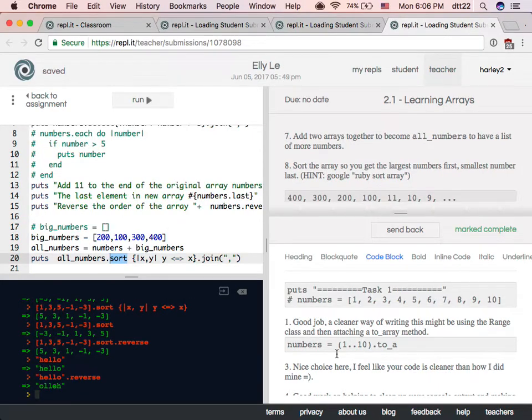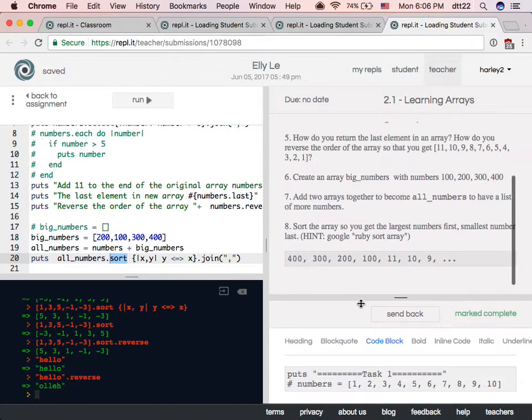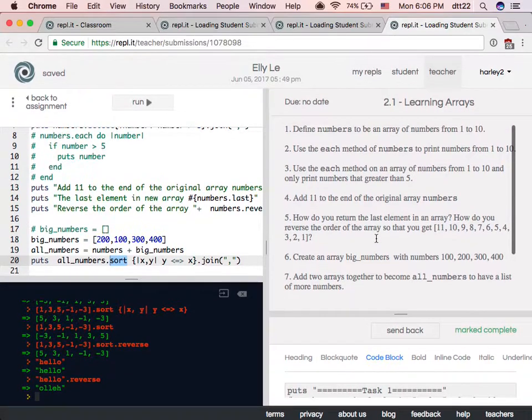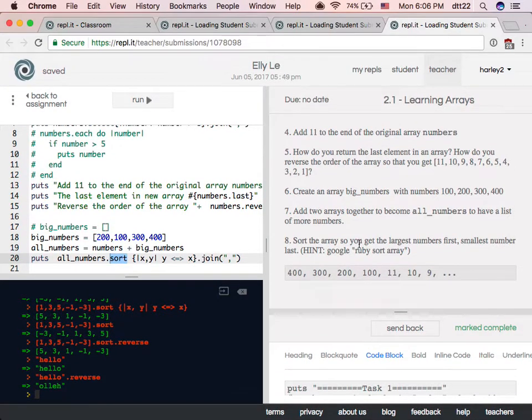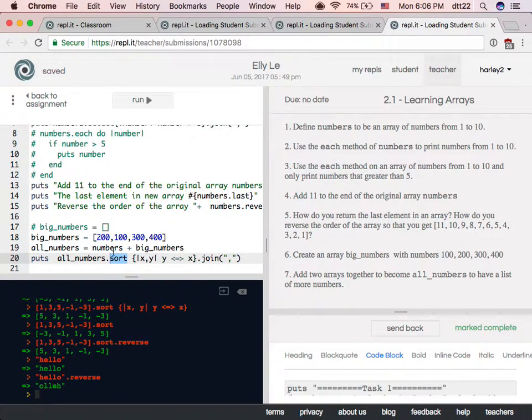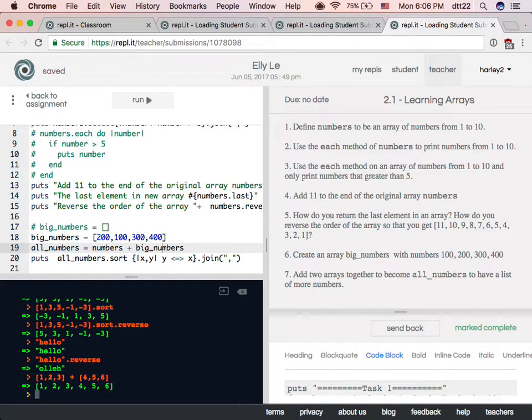Second, so this homework, right? 8 exercises, mainly with some numbers, array of numbers. Are we okay? Are we okay with the exercises? Any question about this homework? You can add 2 arrays together. When you add 2 arrays together, 1, 2, 3 plus 4, 5, 6, what do you get? If you put 3, 4, 5 plus 1, 2, 3, then what do you get? So it keeps the same order, right?